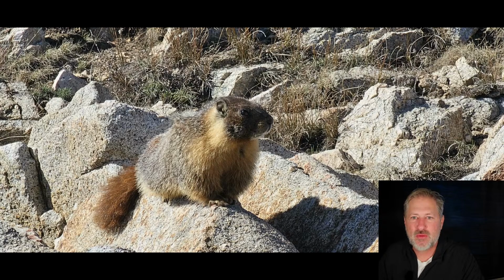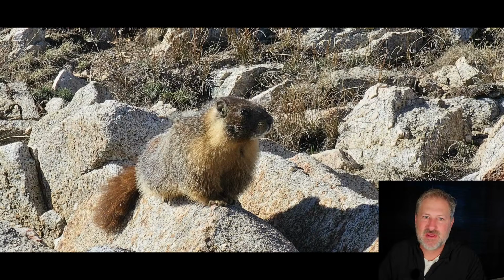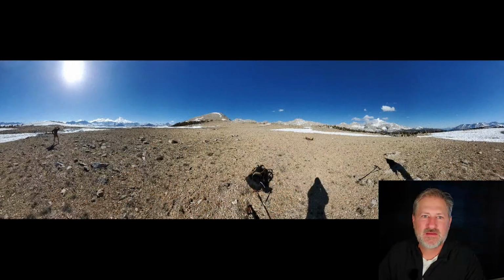Marmots. There's so many marmots out here, and they're really sweet animals, and they're not super concerned. I know that Teo in 2020 got to pet two or three of them. He's pretty good with animals, and so on this trip, I don't think that he took enough time anywhere to pet any. But yeah,